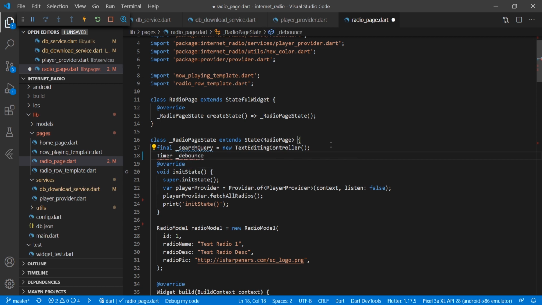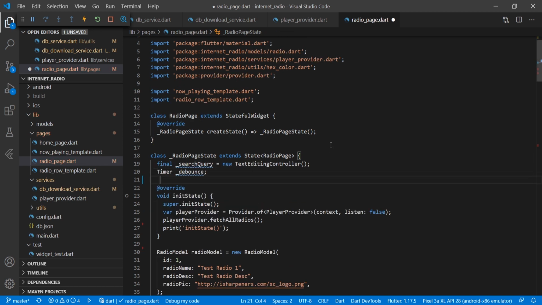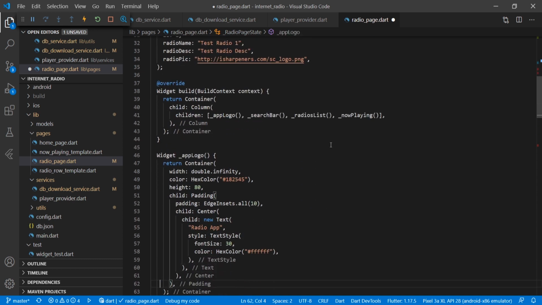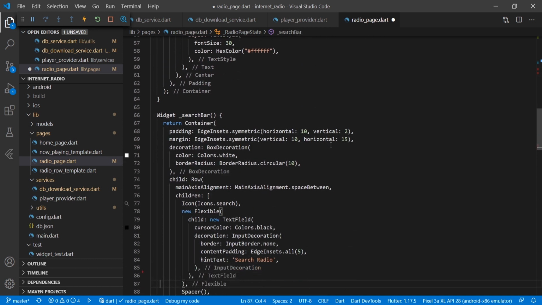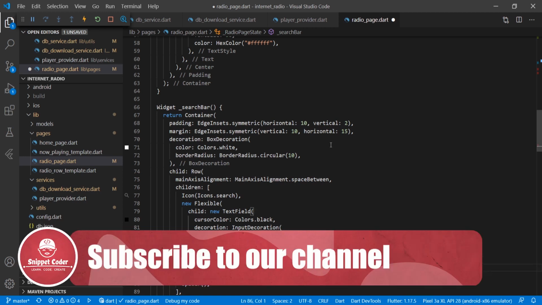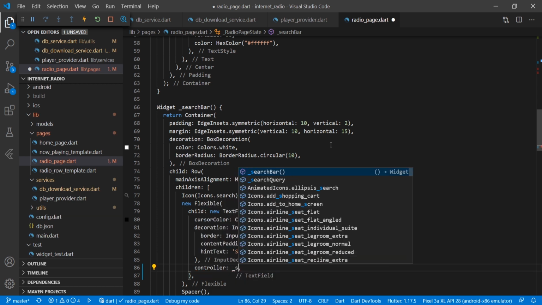I will explain why we are using a timer. Now in that search bar text field we have to call our controller here. Controller is equal to controller, then we are passing searchQuery.